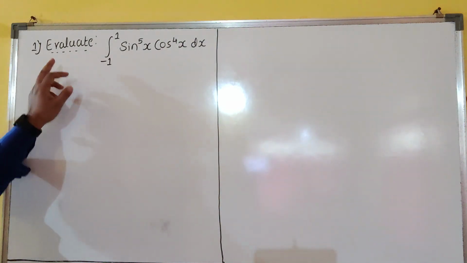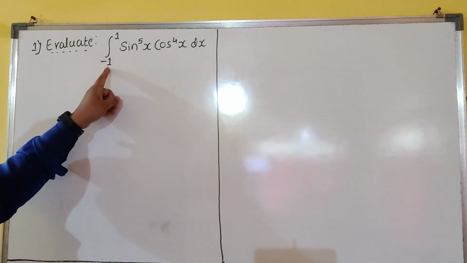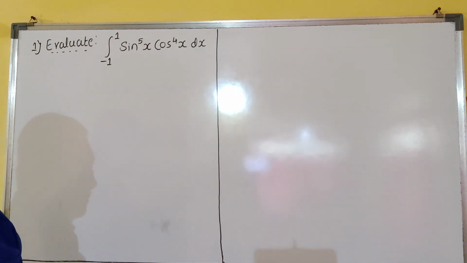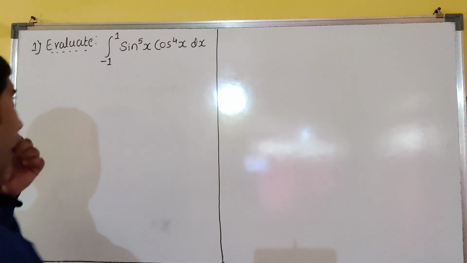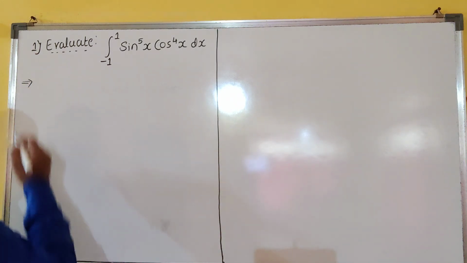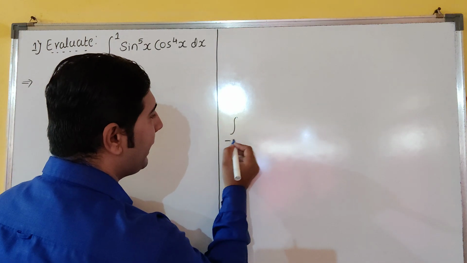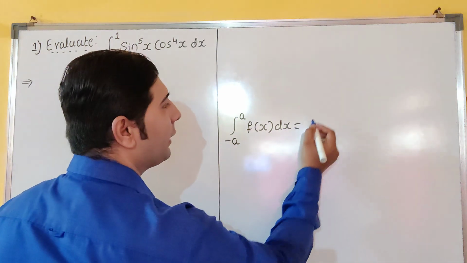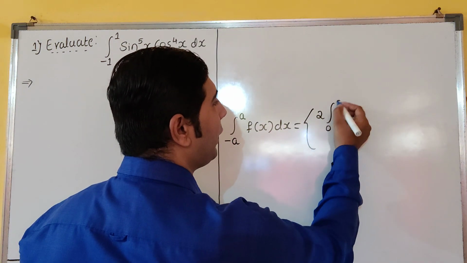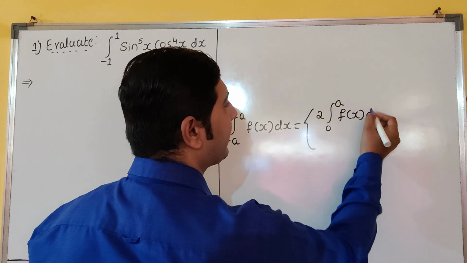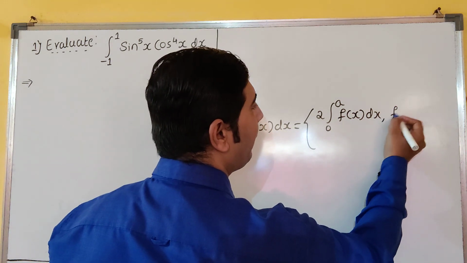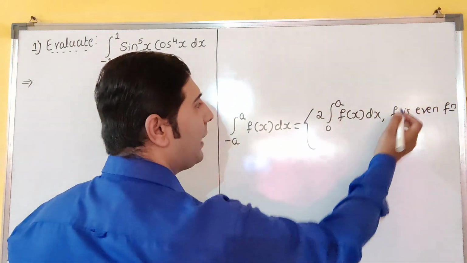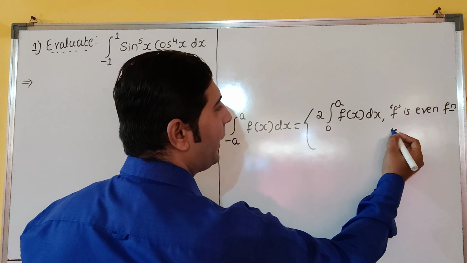So now see here, first problem: evaluate integration minus 1 to 1 sin raised to 5x cos raised to 4x into dx. So how to solve this problem, you see, dear students. The property you know already. Property says what? Minus a to a f of x into dx is 2 into integration 0 to a f of x dx. This is what? f is an even function. In short, I am writing a little bit: f is an even function, you think. Even function. f is an odd function means